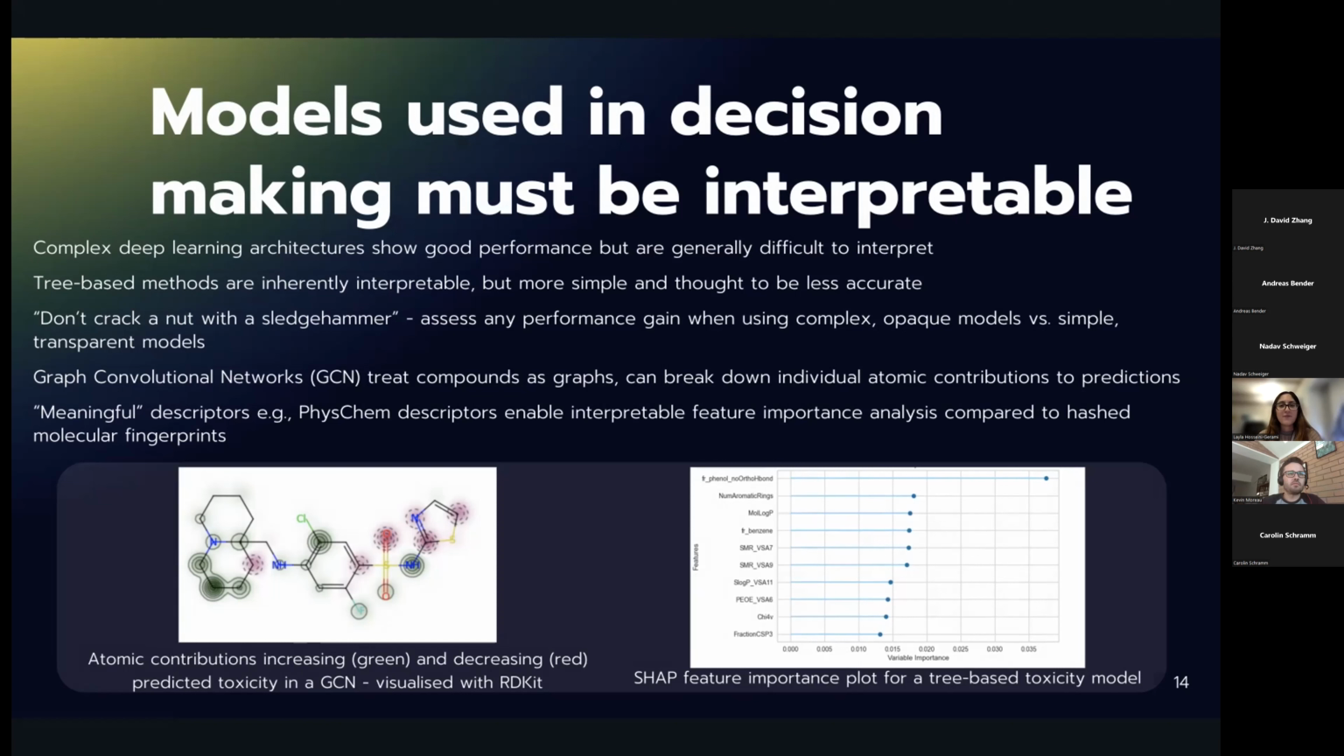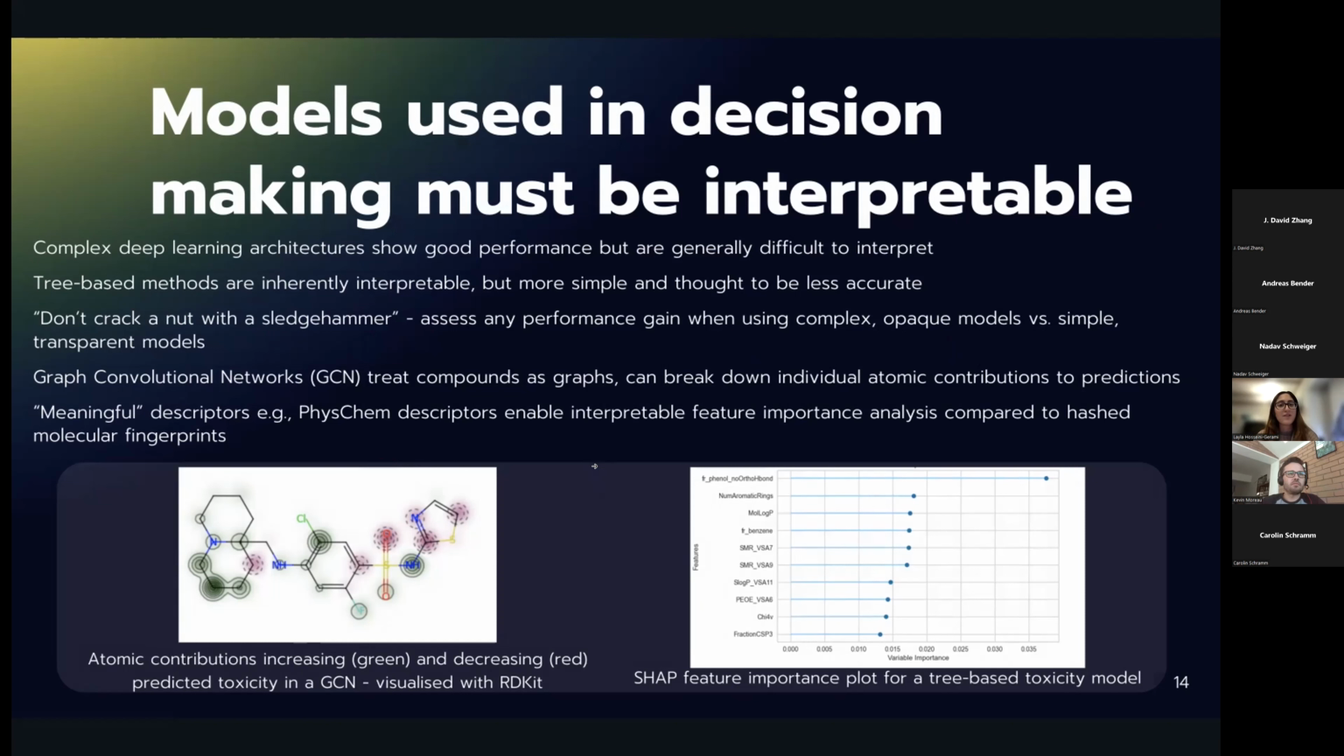Run some baseline random forest models alongside some more complex deep learning models if possible, and assess whether there is a performance gain when using more complex models, and whether the performance gain is an added value over having a model that is inherently interpretable and that a chemist can actually use and follow to understand why their compound has been predicted as toxic. So in terms of what we're implementing here in the company, we're using graph convolutional networks,